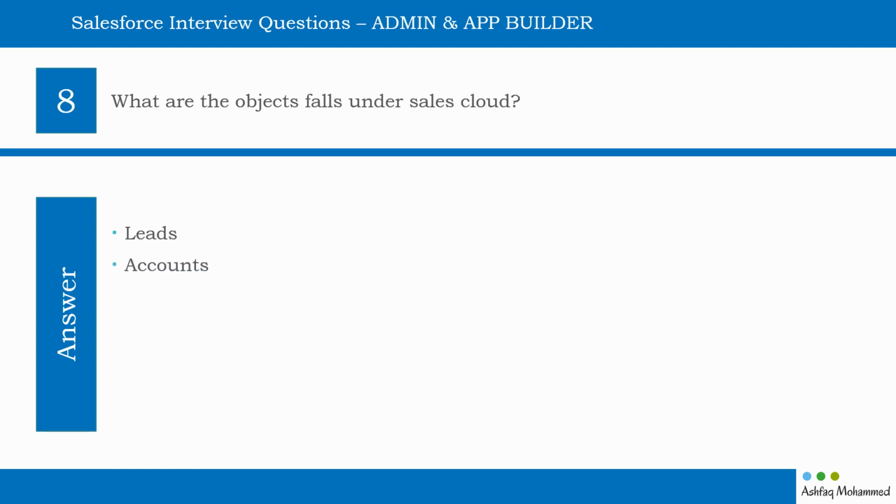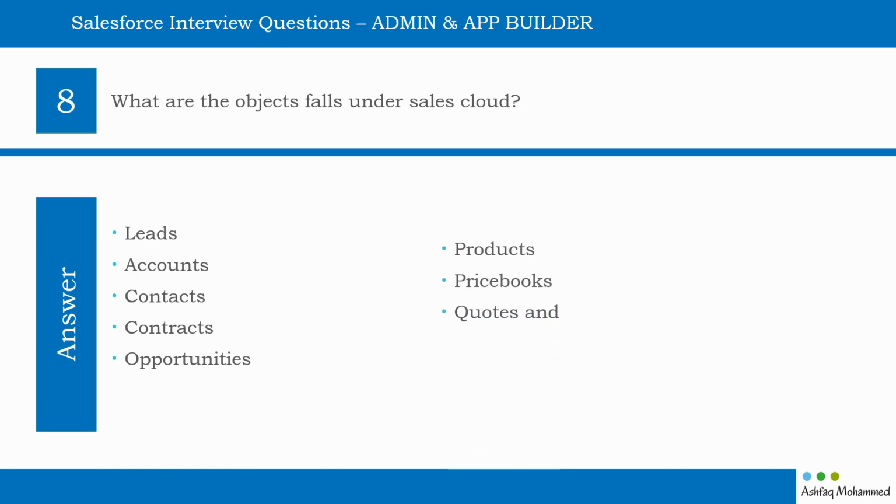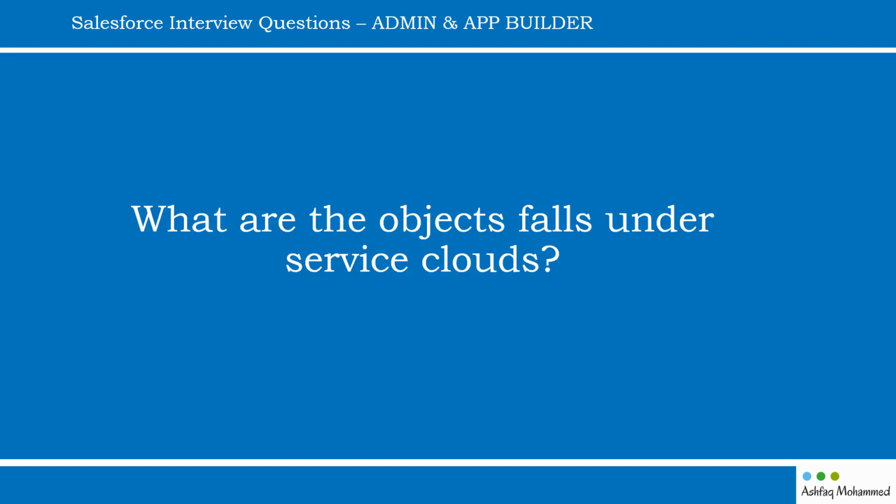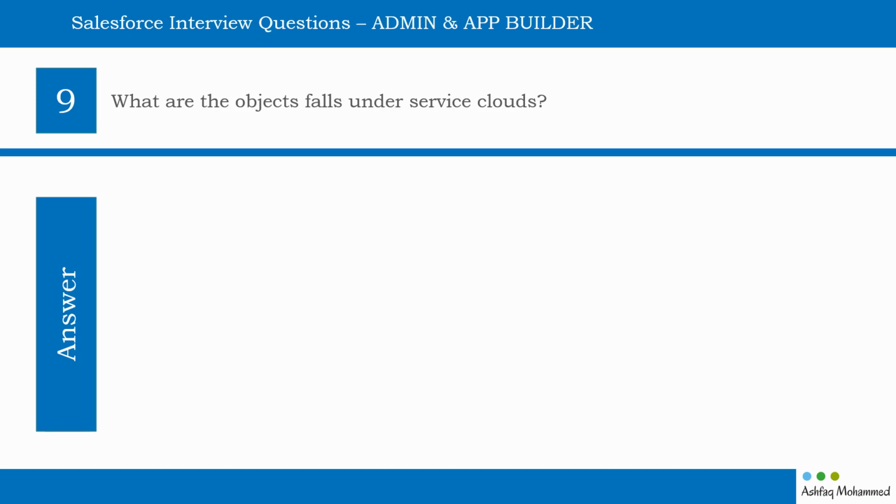We have accounts, contacts, contracts, opportunities, products, price books, right? And quotes, and then campaigns. So these are all the objects which fall under Sales Cloud. This is easy. So next, what are the objects that fall under Service Cloud? What do we have in Service Cloud? Service Cloud does have